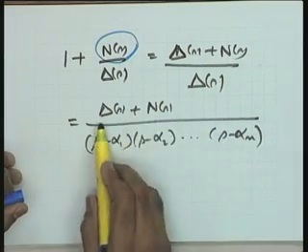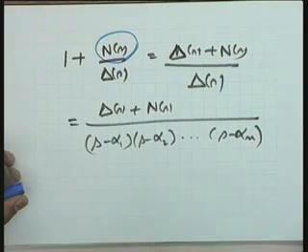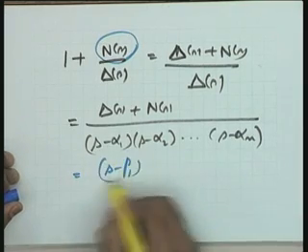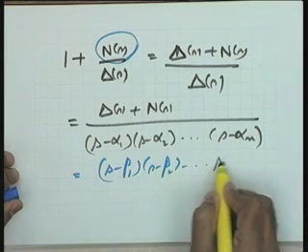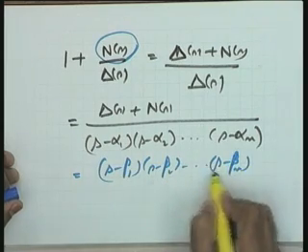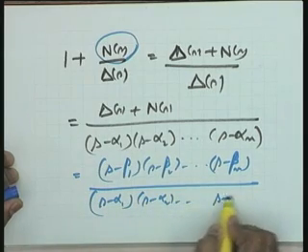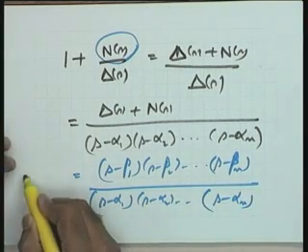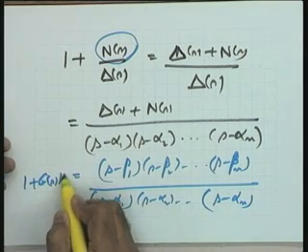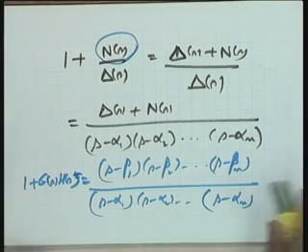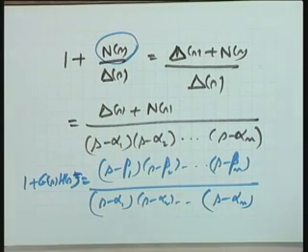So, if that is the case, delta s plus ns naturally at the most can be of order n, and hence this can be written as s minus beta 1, s minus beta 2, s minus beta n divided by s minus alpha 1, s minus alpha 2, s minus alpha n. This is 1 plus GSHS. Very interesting point, please. The principle of argument will follow from this point. 1 plus GSHS is in this form. Okay? It is a general one, right?